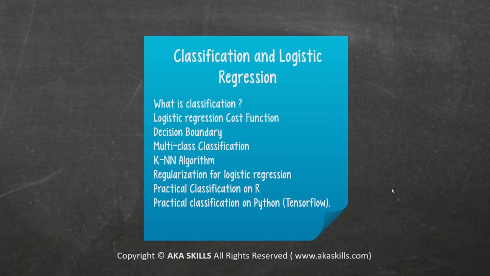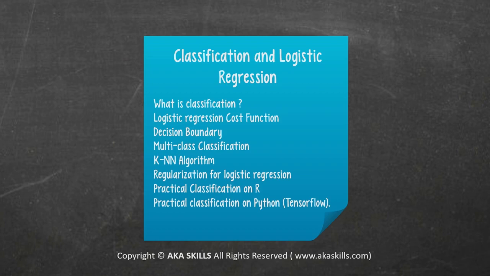Then we're gonna see classification and logistic regression, and the classification problem is a really important problem to solve in machine learning. How to classify one input and give a classification for that input as an output. For example, let's say my name is Ali. Then my name is the input and the output is human. So the algorithm classified me as a human.